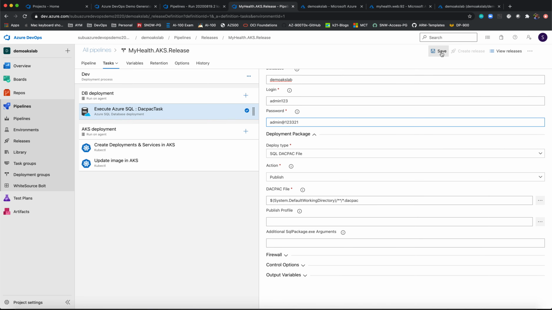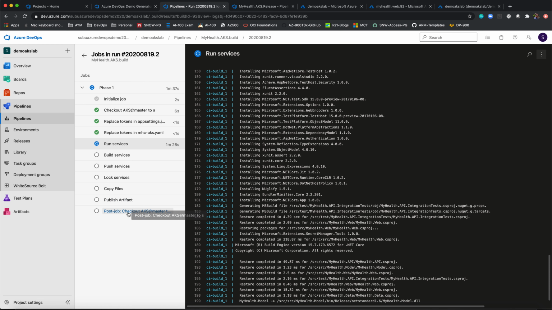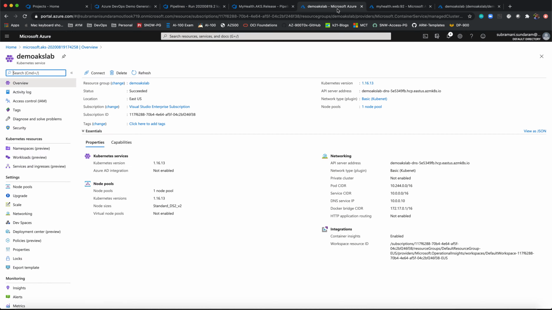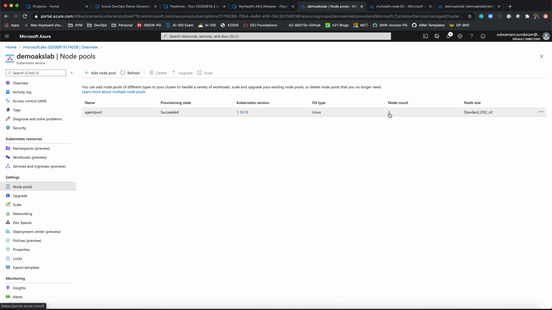Once my pipeline is completed, my new deployment.yaml file will be copied onto the release artifact, and then we will try to run the build, and then we will check how it goes, right? So until then, this is my Kubernetes service which is ready, and if I go to my node pools over here, I can see 3 nodes created. If I wanted to increase or decrease a node, I can just go over here and do a scale up or upgrade.